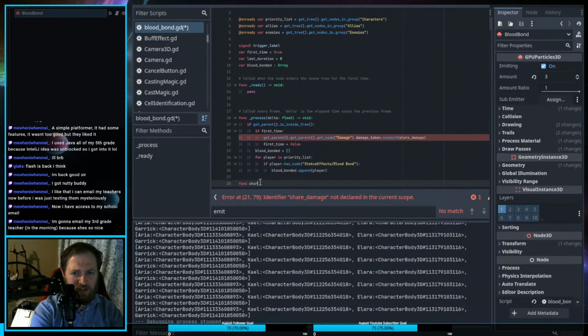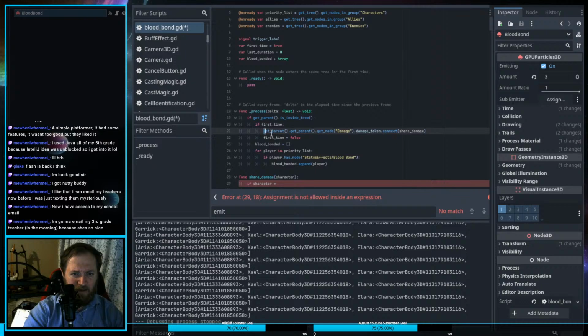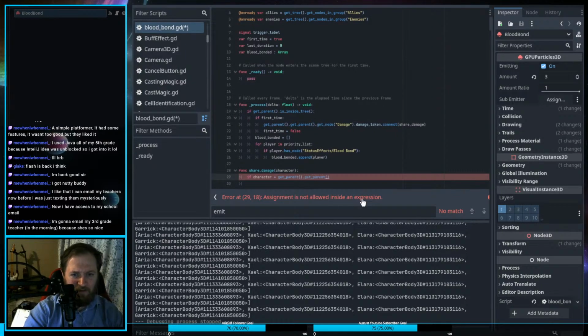So yeah, then I'll create a function called share damage here. And then what this will be is I will character. So the first thing I need to do is say if character equals, and I could say get parent, right? Basically, I'm saying, hey, if this is the node that I'm trying to call out here, what I should do here. Oh, I also need to share how much damage I'm being dealt. Right. Then what I should do is I should say,